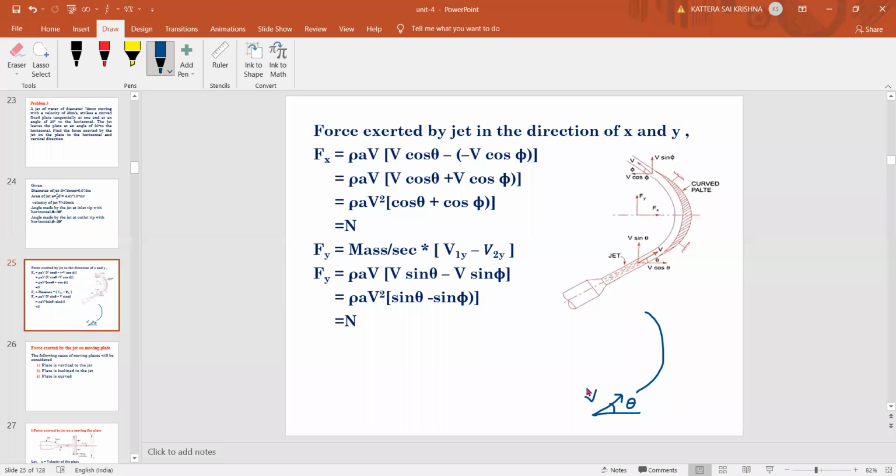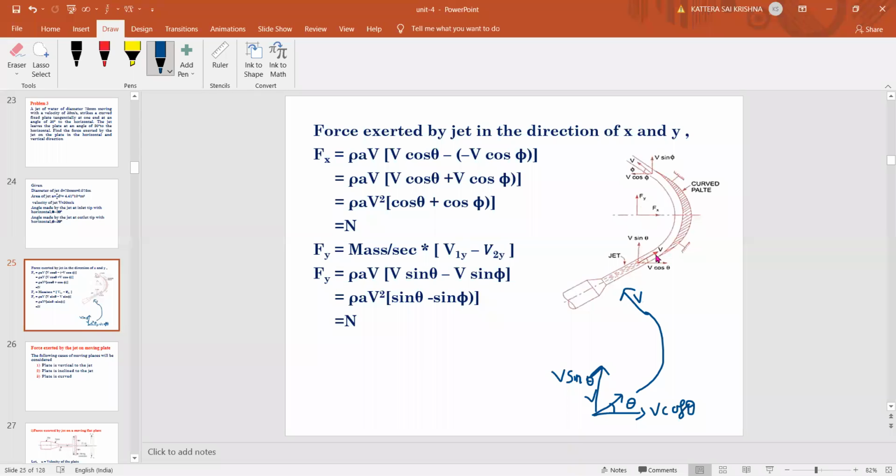So this is theta and this is the velocity coming in this direction. We need to resolve the component of v in x direction. So this becomes v cos theta. Remember, if theta is between these two lines, then you'll get cos. Suppose you want vertical v, what will you get? We don't have any angle between these two lines, so it is the opposite angle, that is v sin theta. Okay, so this is at the inlet of the blade, right? The same velocity, after coming here, will come out with the same velocity without any losses. If there is no friction loss, it comes out with the same velocity v.